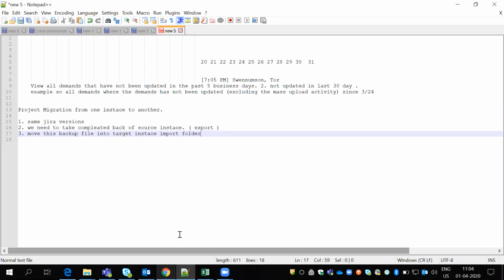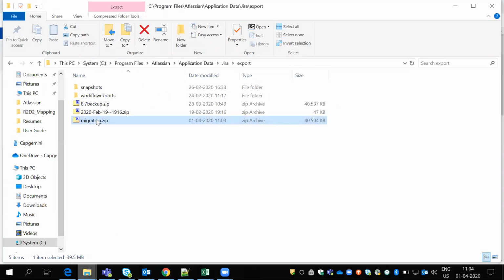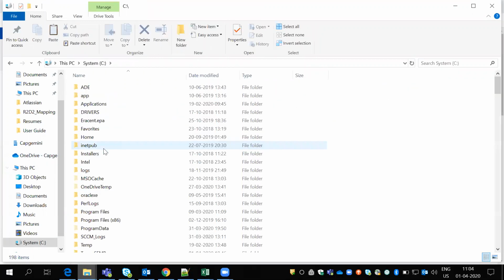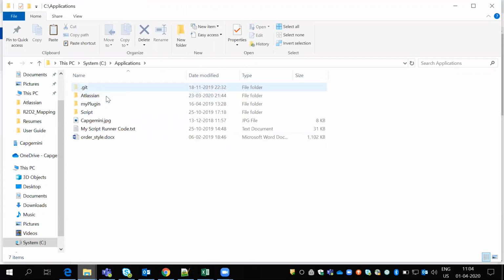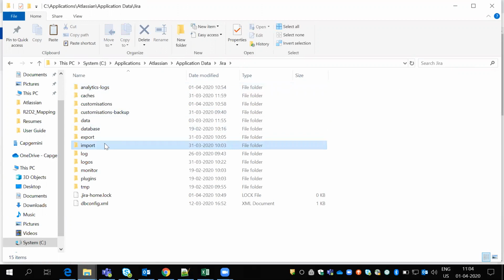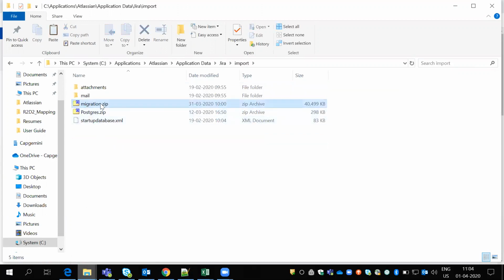Just go here and copy. Where is my target instance? It is in C, Program Files, Atlassian, Application Data, Jira. Yesterday's migration is there, so I'll delete this and paste it again here. This is the latest one. Okay, so I moved it here.